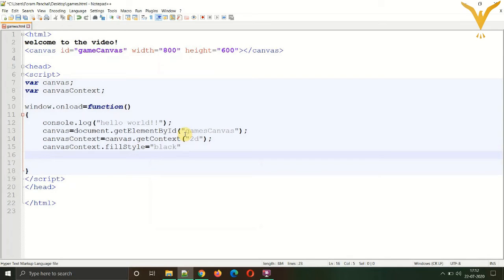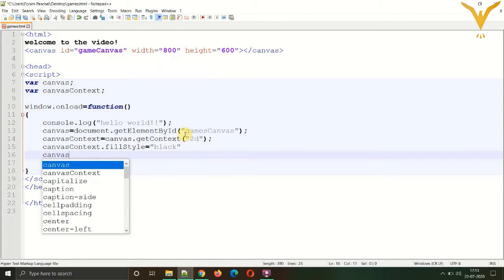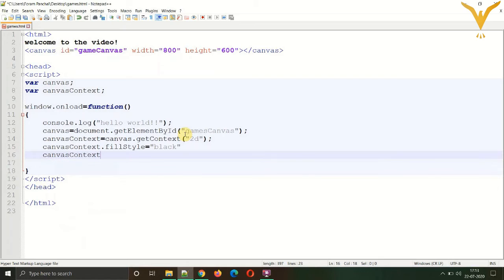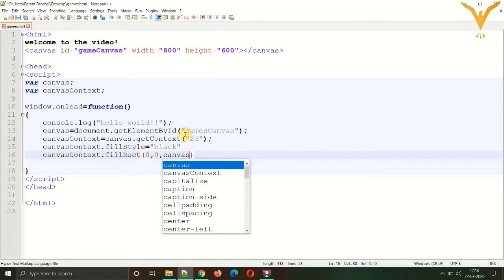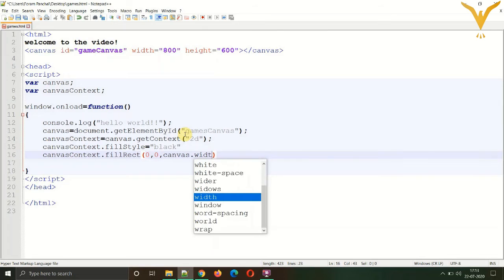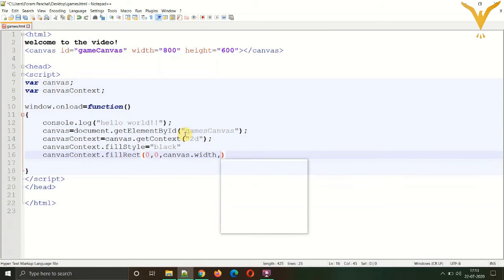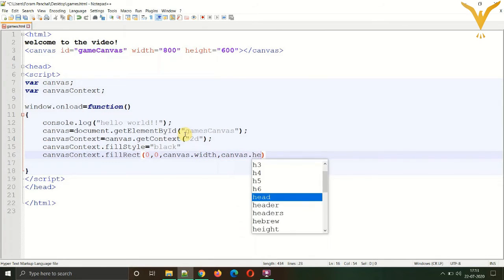And the most important, the coordinates of the canvas. So let's create the canvas coordinates: canvasContext.fillRect, the short form for filled rectangle, parentheses, and the coordinates 0, 0, canvas.width, canvas.height.